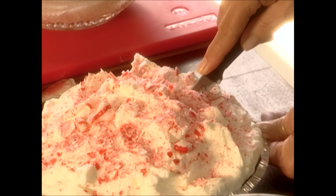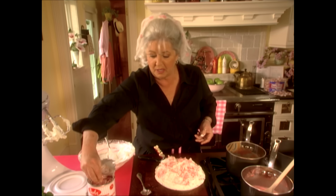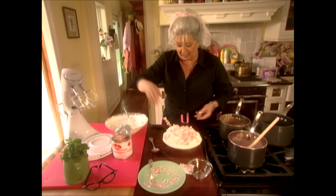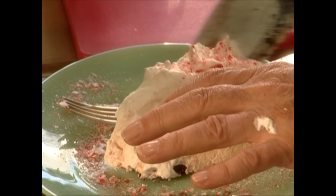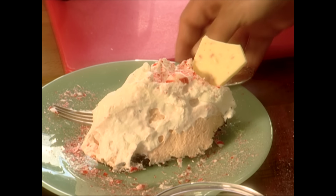So simple and easy. You'll wanna work your crust away from your container. I'm gonna put me just a few sprinkles on my plate. Oh, doesn't that look good? And I think I ought to chase that piece of pie with some peppermint bark, don't y'all? Oh gosh, it looks delicious. See why I put those crumbs on that plate? So I could take my fork and go around and get me a few extra for the crunch,